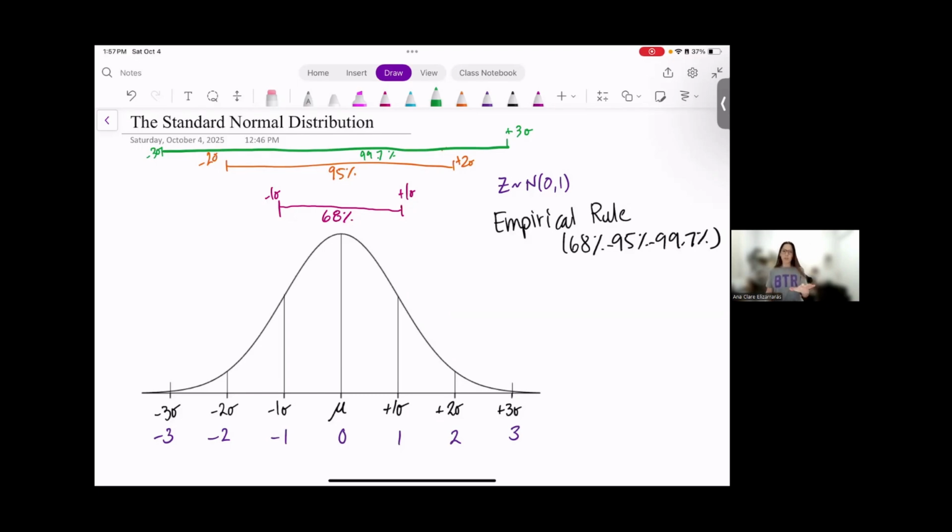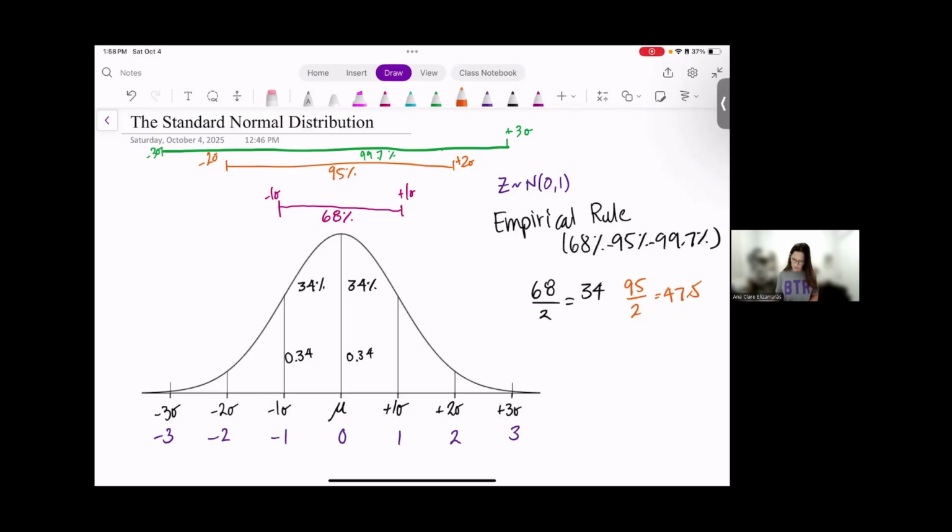We can use that knowledge to then break down each component. If we know that 68% fall within that one standard deviation, that means it's equally split because this is a symmetric distribution. So I can cut 68 in half. 68 divided by 2 is 34. That means that 34% are to the left and 34% are to the right. You could also write that as 0.34 if you're dealing in decimals. Those are equivalent. What about 95? Well, 95 cut in half